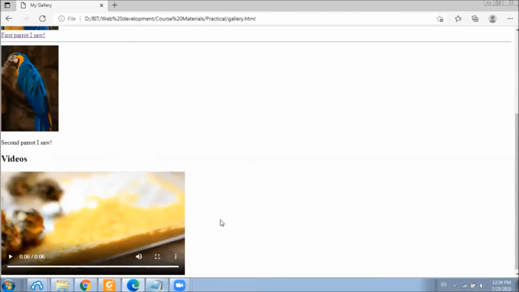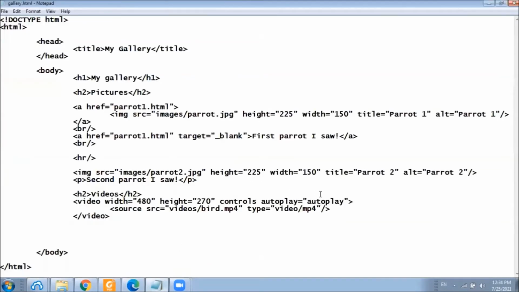We can observe that the video plays only once. What can we do to make it play infinitely without stopping the video? We can easily do that by introducing this loop attribute.